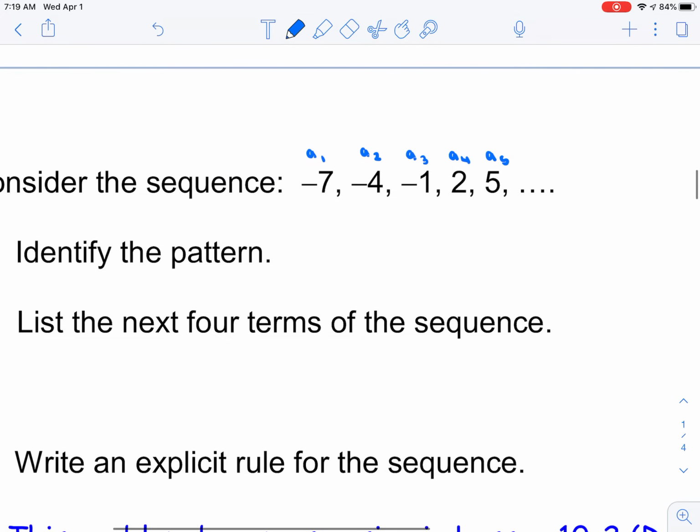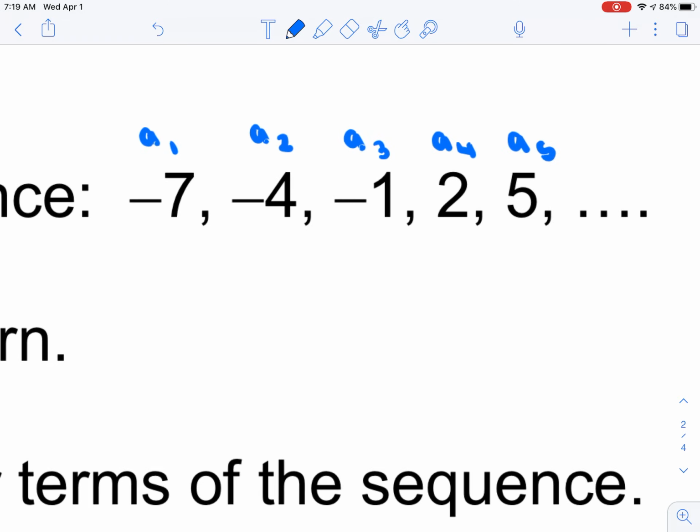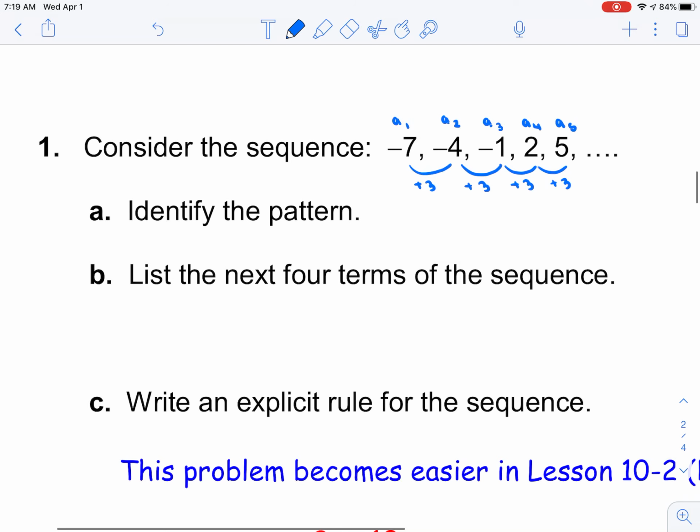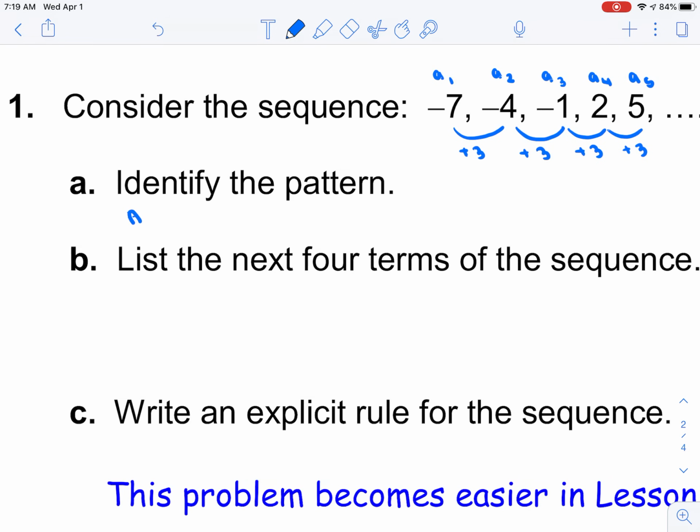So if I wanted to identify the pattern, we need to look at what is going on with -7 to make it -4. What is going on from -4 to make it -1? And it has to be the same thing. We can't have something happen for 2 terms, but then something different happen for the other. Well, maybe you'll see right away that we're really just adding 3 to get to the next term. And this works for all terms, which you always have to check. So in this case, the pattern is that we are adding 3